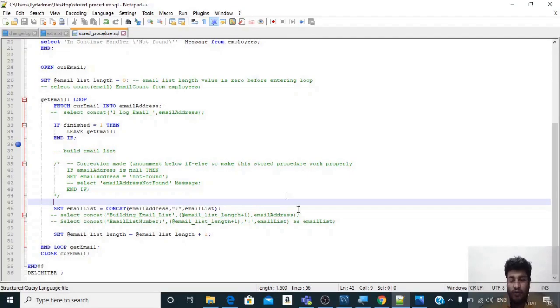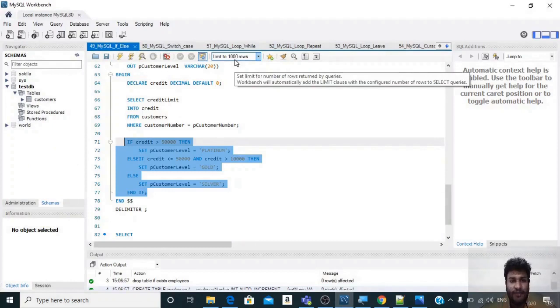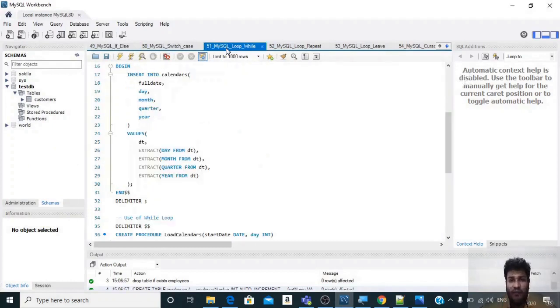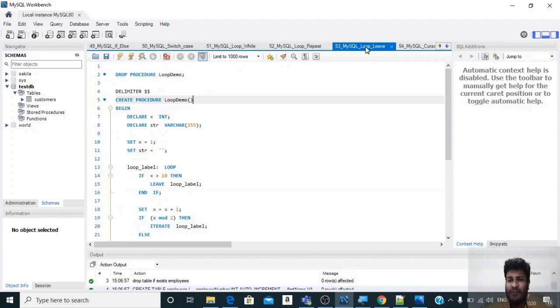So now we will talk about loops. In MySQL, loops are of three kinds. We have the while loop, we have the repeat loop, and then we have the loop and leave statement. So we can use a combination of loop and leave statement. Anyhow, all these three are the same. There is very little difference between them. We will discuss it. So as of now, we will pick up the loop and leave statement, and let's go back to our notepad.